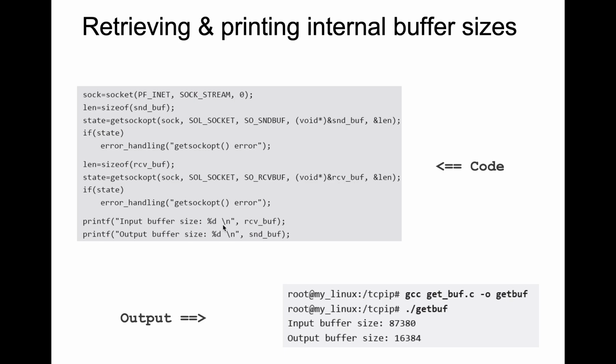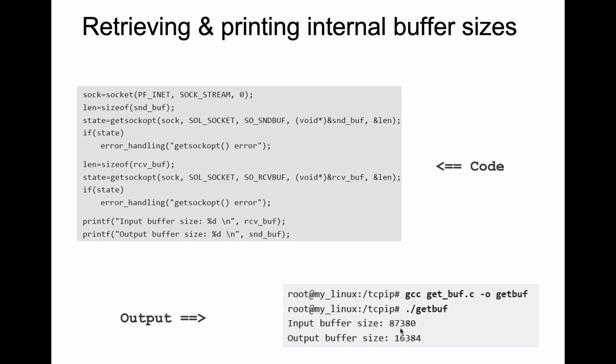They might be matching, but it's okay because it depends on the machine. And here the input buffer size is printed on the first line and the output buffer size is printed on the second line. And here we can see the output after compiling and running. The size of the buffer is